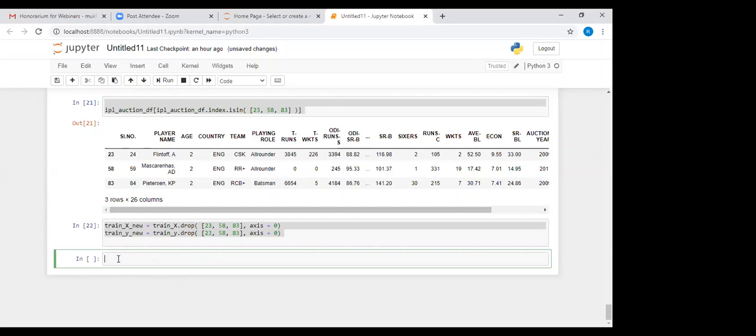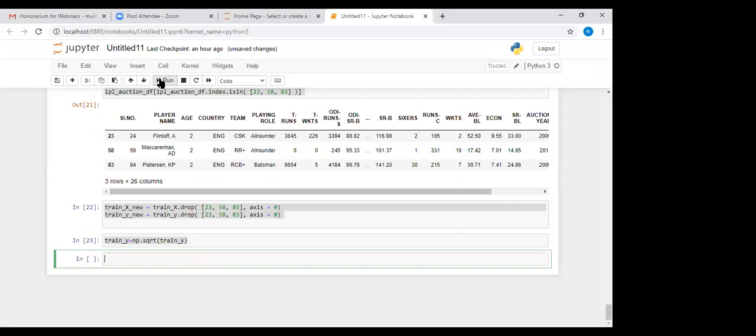We can take a square root transform. How is it done? Train underscore y is nothing but numpy sqrt, the square root of y. This will be my new train y, and you will have IPL underscore model underscore 4.